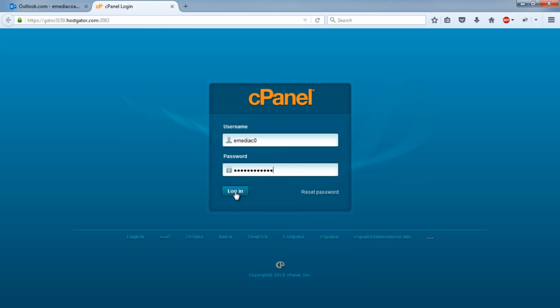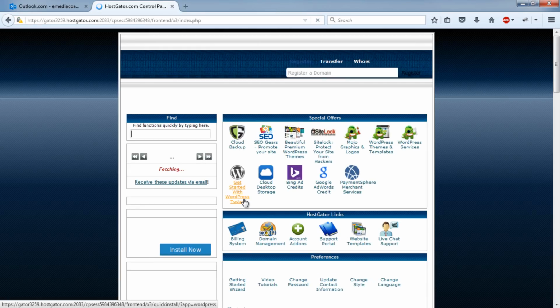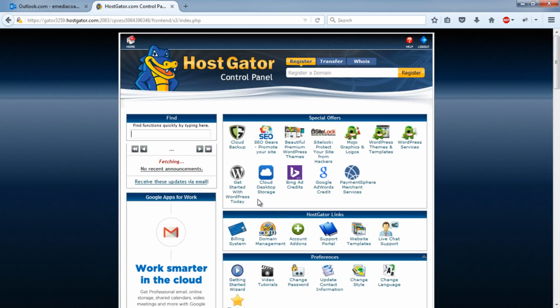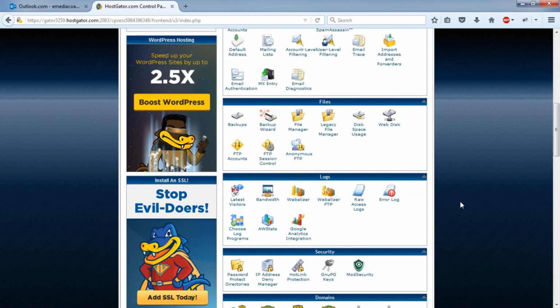And then log in. And this is known as your hosting cPanel account. And all the stuff here, you won't really need to access this page too often.